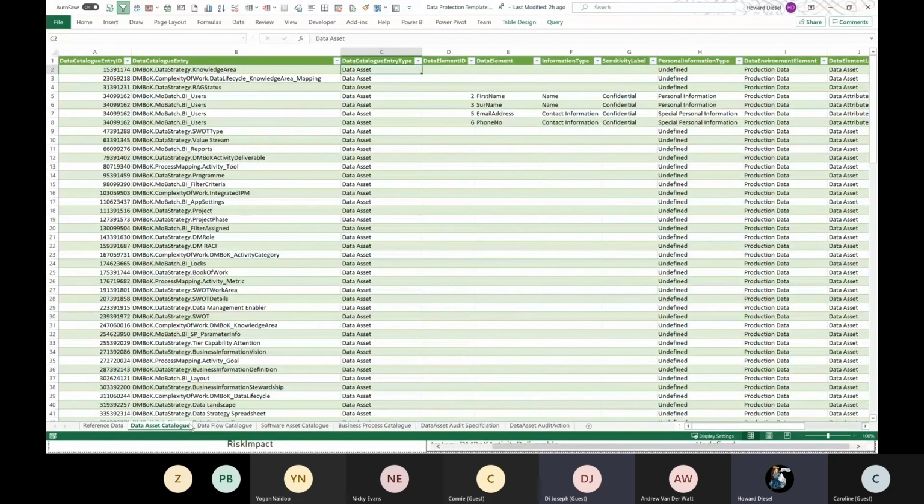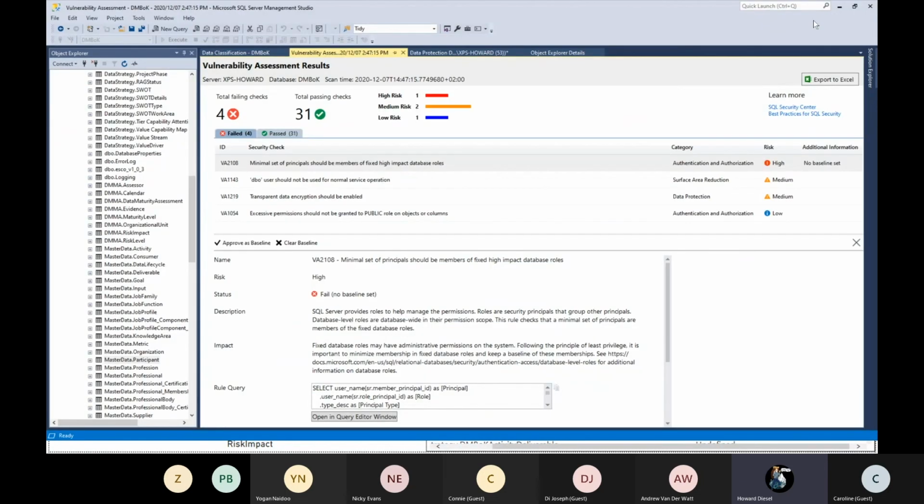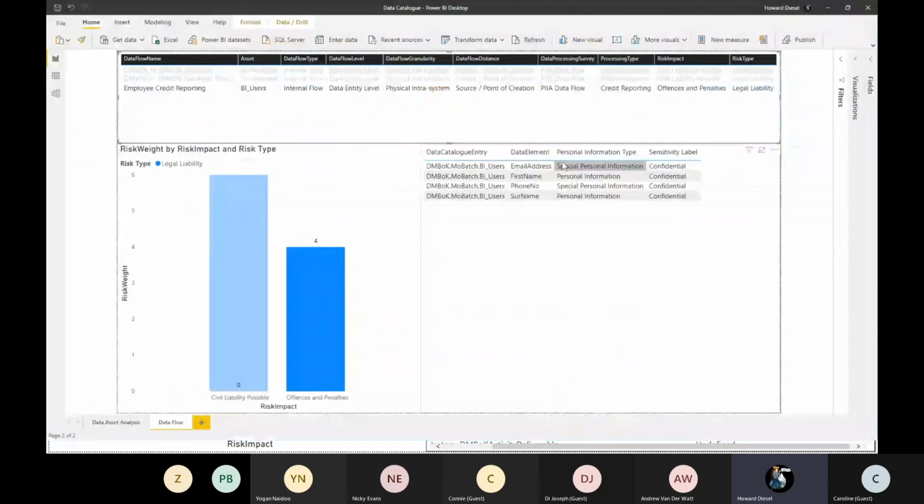Excellent. So as we said, we'll share this with you. We'll share the Excel. I'll share the SQL as well. I think I've got one last report that's sitting on my presentation. So from here,